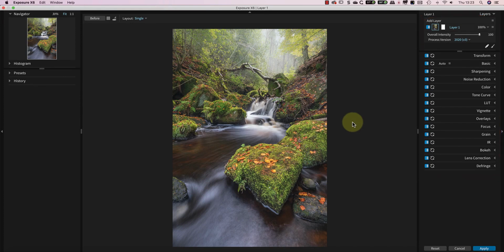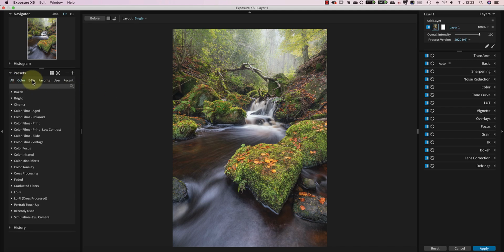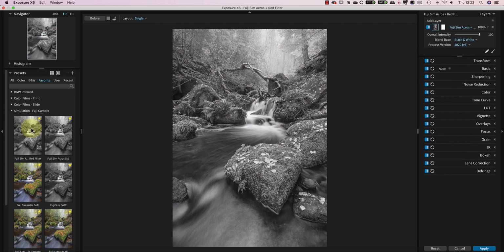After launching the Exposure editor, we can see the editing tools on the right, which we'll look at in a moment. Over on the left, we have controls like the navigator and histogram. We also have one of the great features of Exposure, which are all the presets. Exposure comes with over 500 film simulation presets which you can use, as well as allowing you to create and save your own. To help you manage the different presets, you have tabs along the top so you can use these as filters. You can also mark presets you use a lot as favourites, as I have here.